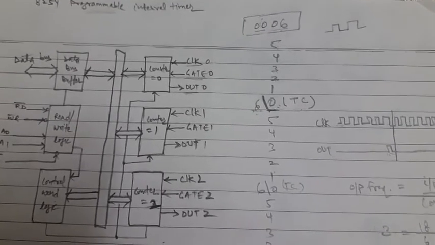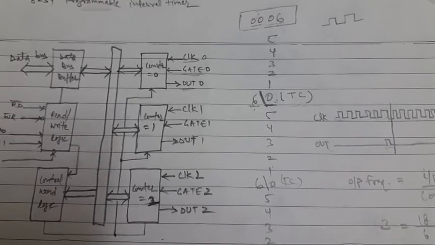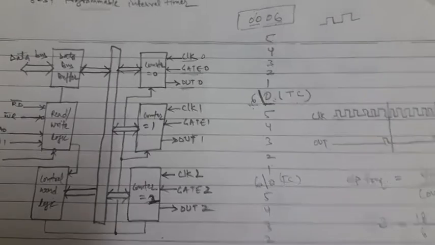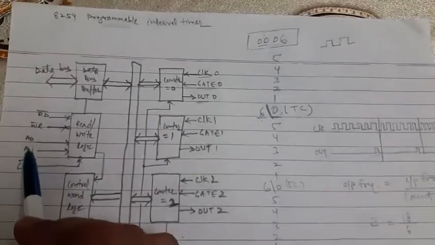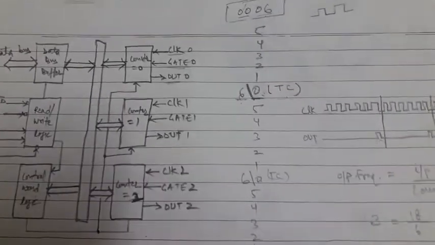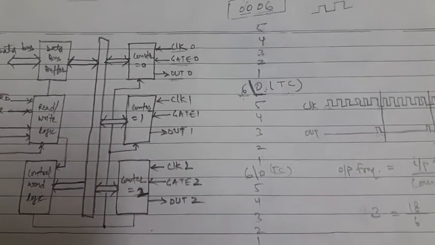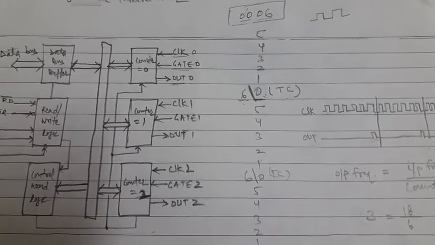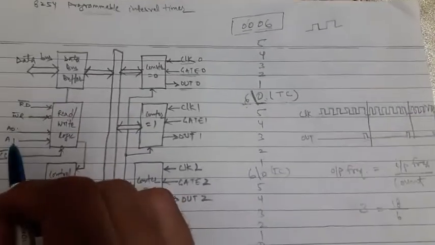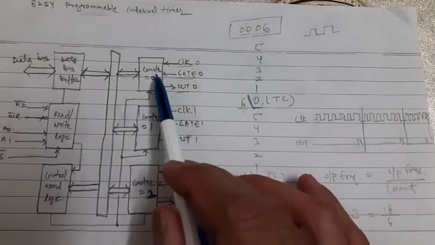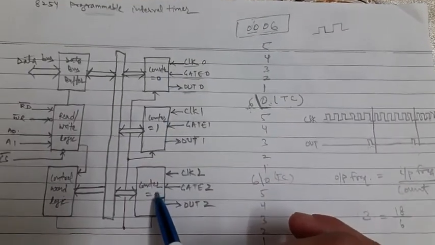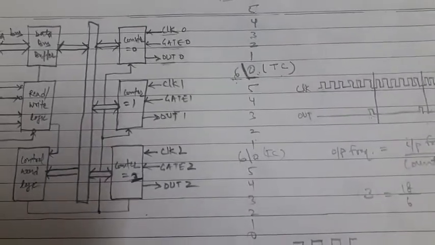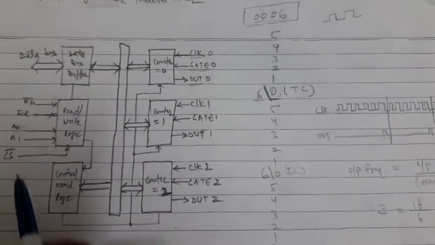Okay, so we need 4 addresses inside 8254, and for these 4 addresses we need 2 address lines, which are A0 and A1, which I told you. So the data that comes through the data bus will have 4 places to go based on the values of A1 and A0. It can go either to one of the 3 counters, or to the control word. Now these read and write bar.